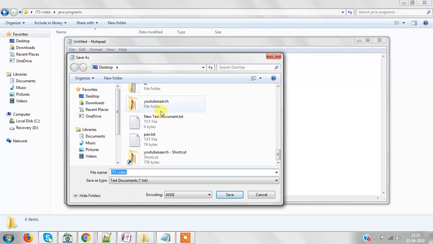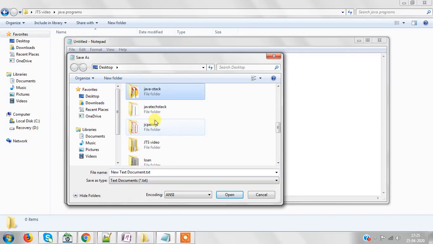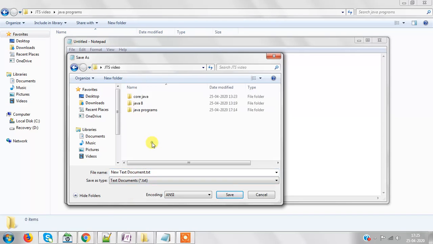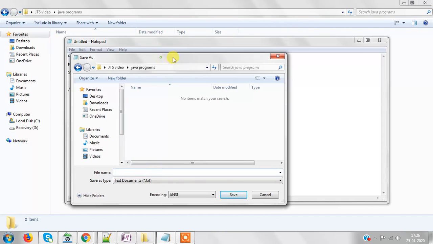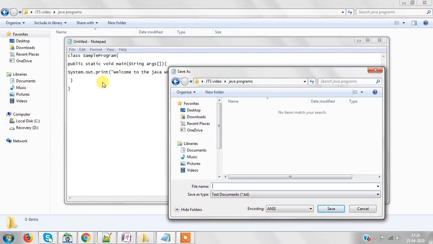Here I am taking my sample location, inside the Java programs folder. You have to keep in mind one thing, that whatever the name of this class, you have to save your file name with the same name. So I'm keeping it as sample program.